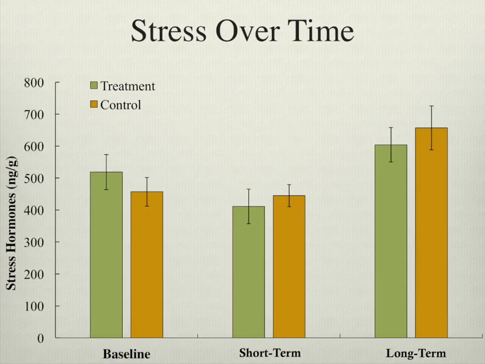How stressed did they get during the course of the experiment? Well, our x-axis remains the same. On the y-axis, we have stress hormones in nanograms per gram. And what I found was that there was no long-term stress response due to treatment. If you remember back when I was talking about the captive individuals, we really can't examine those fine-scale changes that initial stress causes within the field. Because field samples are taken up within about a day or 12 hours of them being captured, we can't assess those acute or short-term changes.